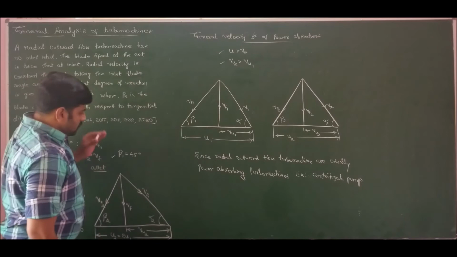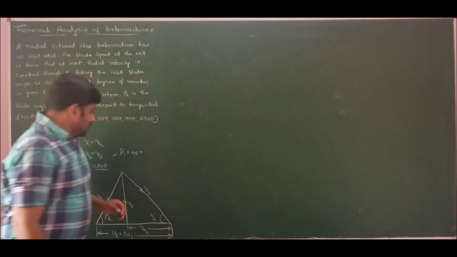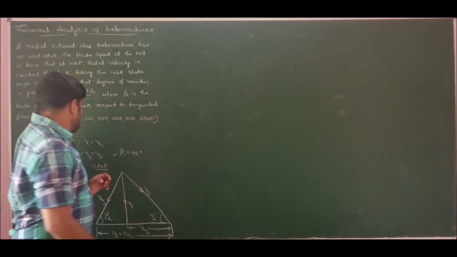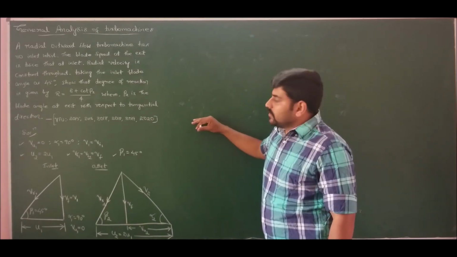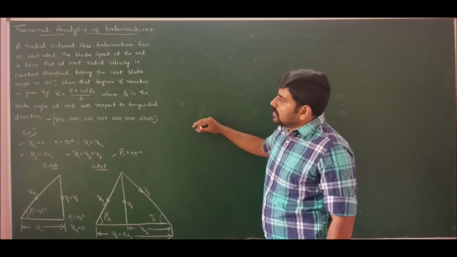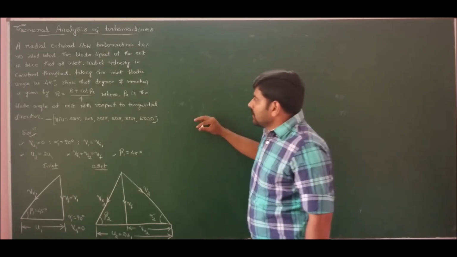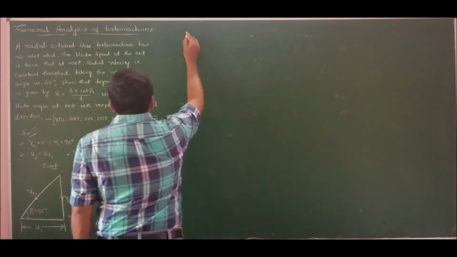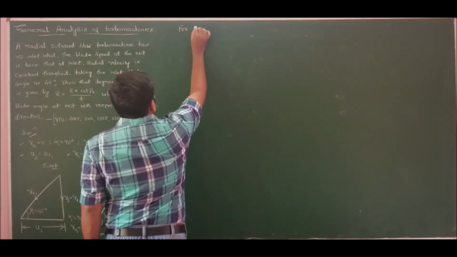Let me derive and prove that R is equal to 2 plus cot β2 by 4. So now let me prove it by taking energy transfer into account, so that I can demonstrate what is the effect of blade discharge angle on energy transfer and what is the effect of blade discharge angle on degree of reaction. So if I move ahead,